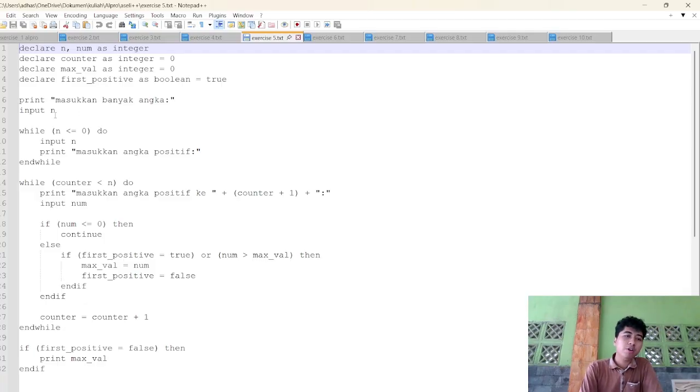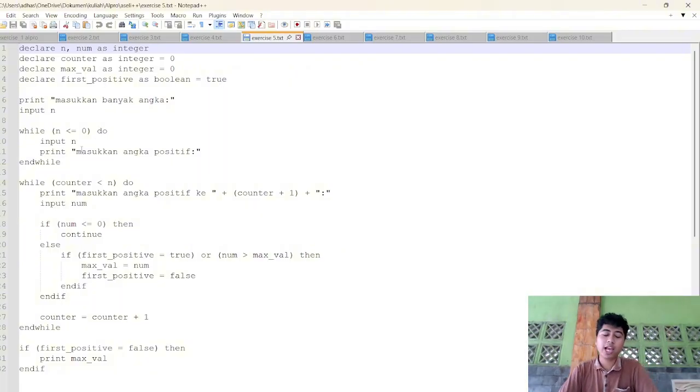Then we continue. Print "masukkan banyak angka" to show the user where to put the value. Then this is for the input n, so the user can input a number. Then we continue to the loop, while the number is smaller than or equal to 0, the program will do input n.